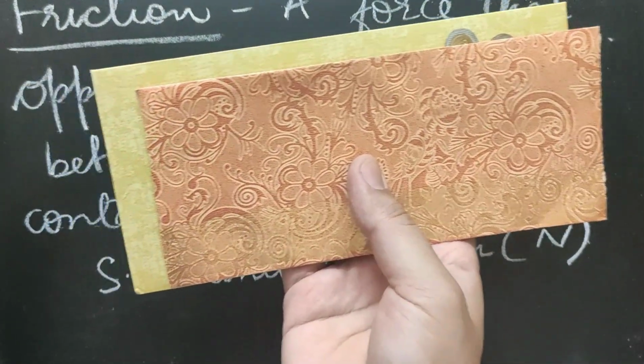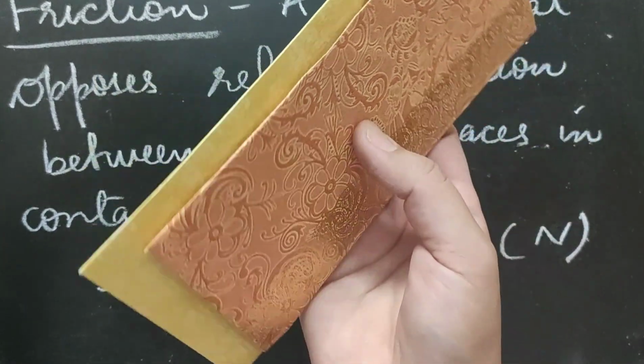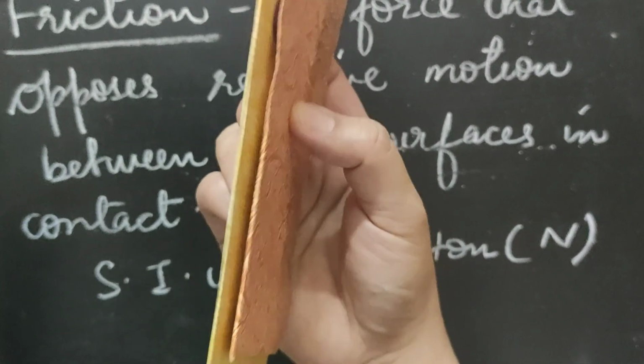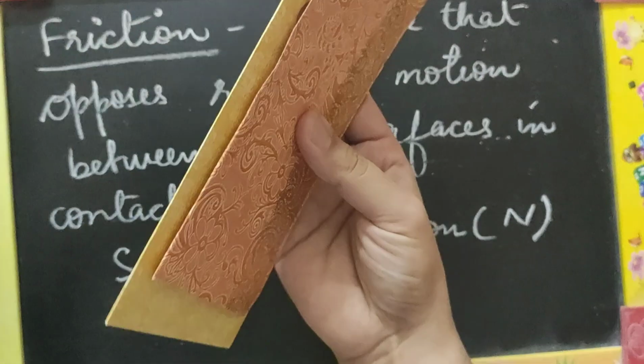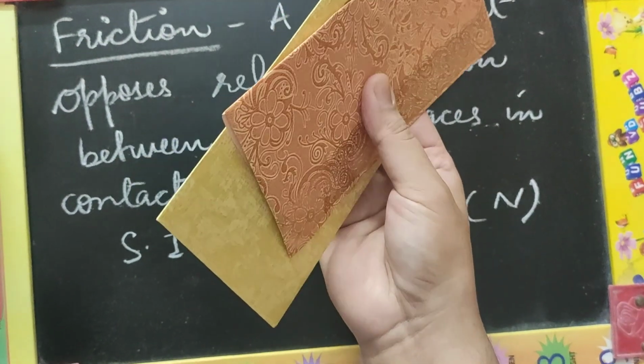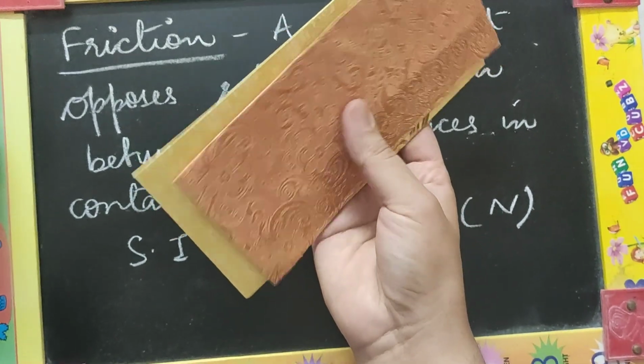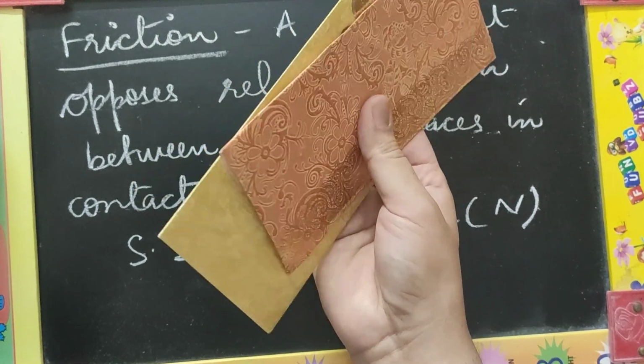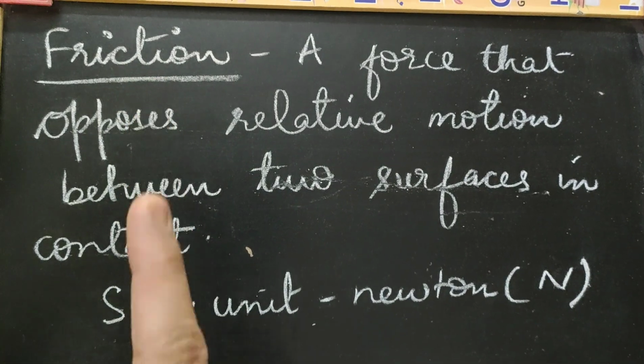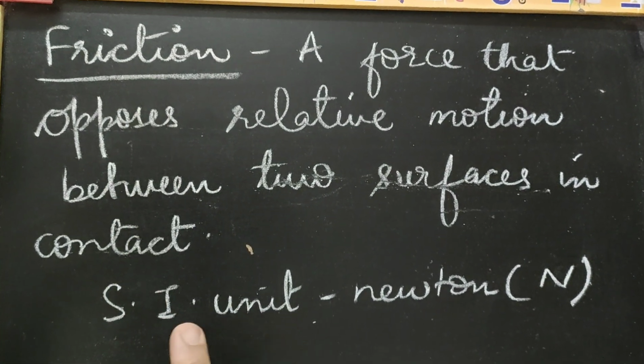We are watching that they are moving. For us they are moving. But now if I slide them over one another, this is relative motion. Now card 1 is moving with respect to card 2 and card 2 is moving with respect to card 1. This is relative motion. Since friction is a type of force only, the SI unit of measuring friction will be